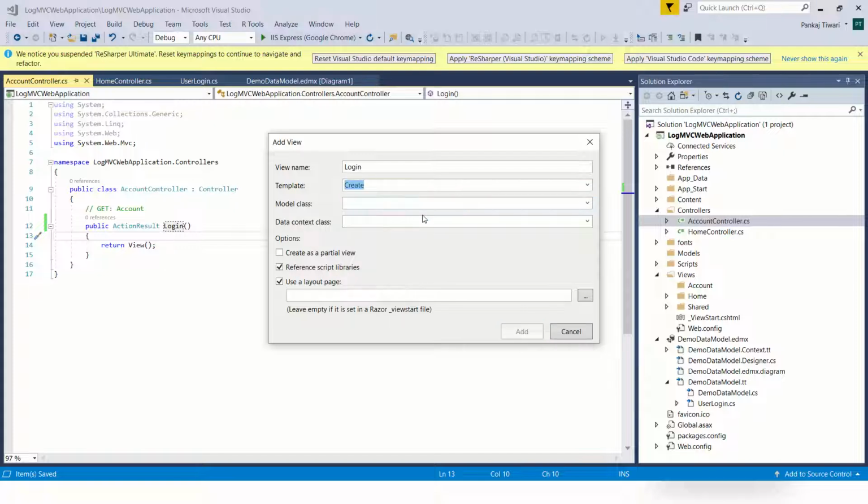Just create template, then click on data context. We have got user. Just click on add.